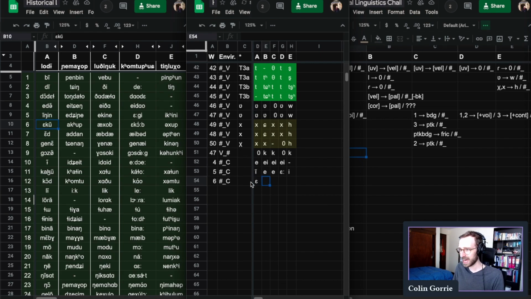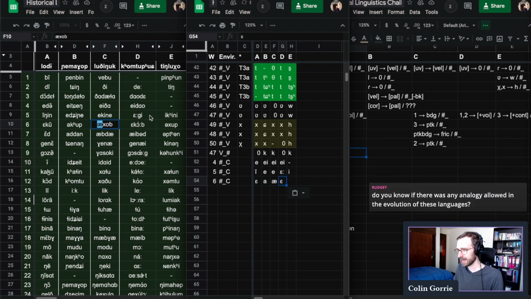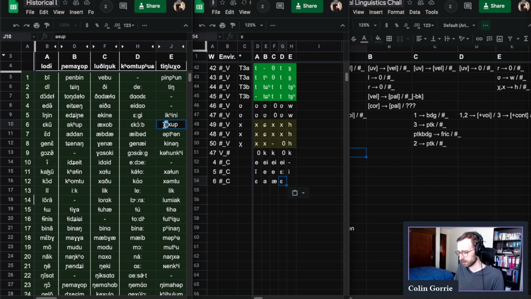Okay, so can I get my no. And then schwa in E. Okay, so we have this correspondence set in which we have